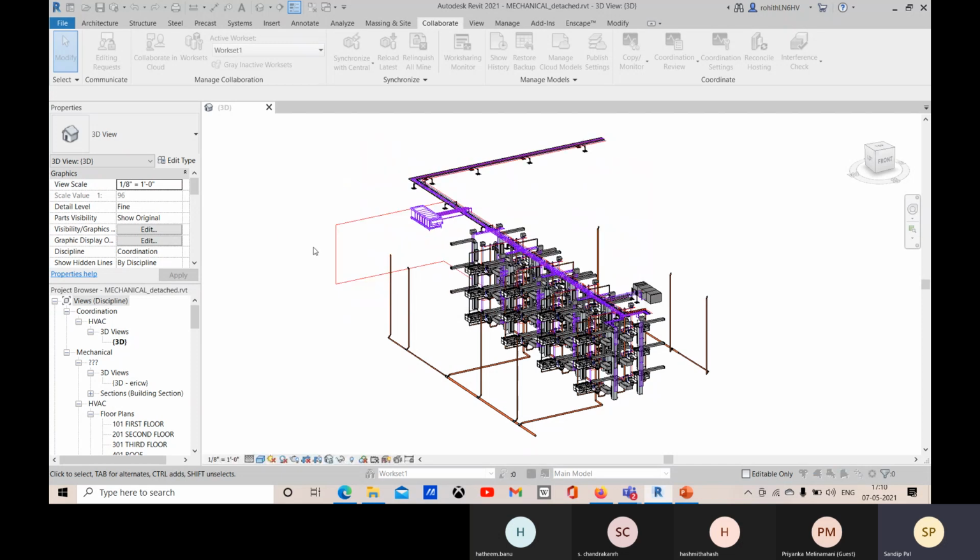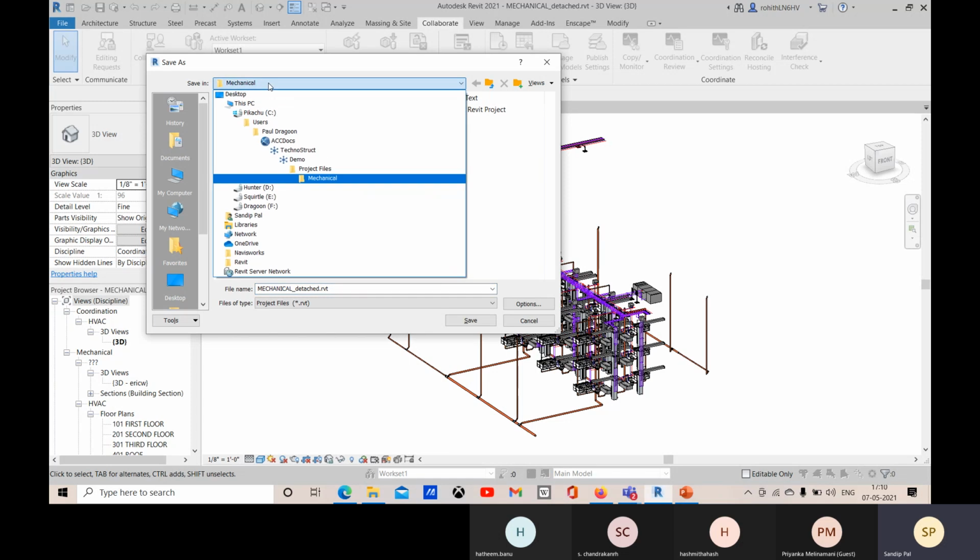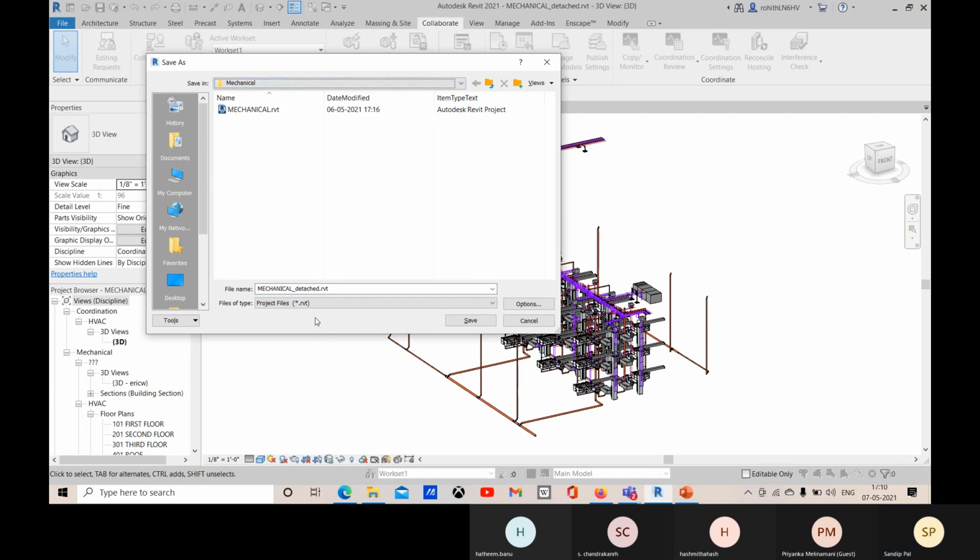You click on it, and you can save it with this name or with the same name at this location. When you save this, one central file and the backup files will be created, and then you can access it.